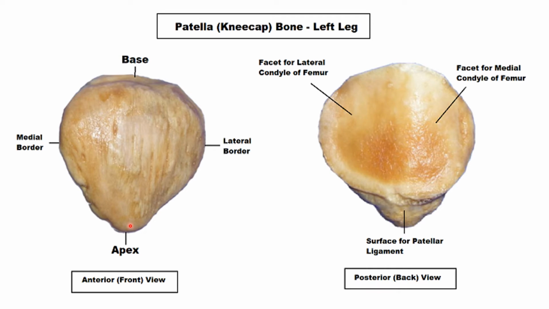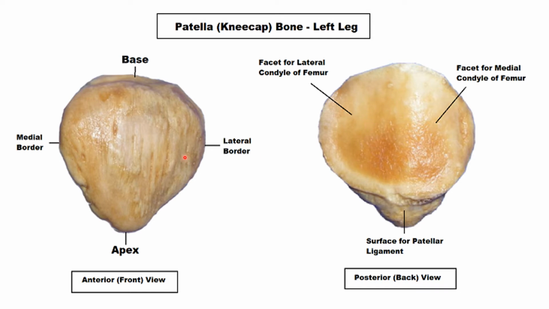The larger lateral articular area, as you can see here, on the posterior surface, determines the side of the bone. So when it is kept on a flat surface with the articular surface downwards, the bone stands on the lateral larger articular area. Okay, so this is the side determination of the patella.